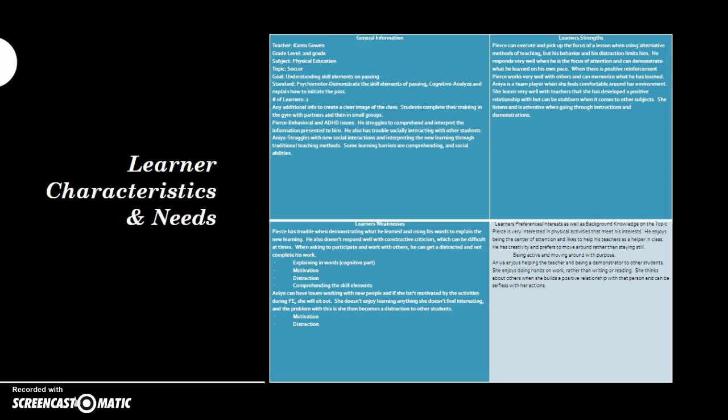His comprehension skills, if he's not interested, he won't pick it up, and he won't even bother trying. With Anaya, she's very talented, very athletic. Her problem, though, is that she doesn't know how to explain her information in words, so she doesn't use her cognitive side that much. That was something we wanted to work on more during PE, especially during our closure.